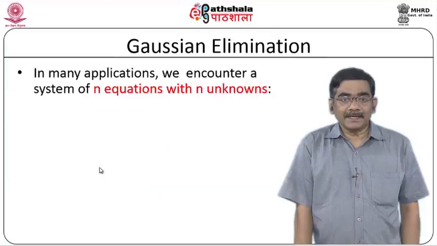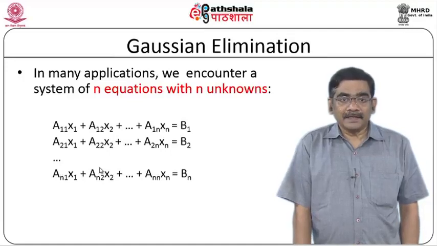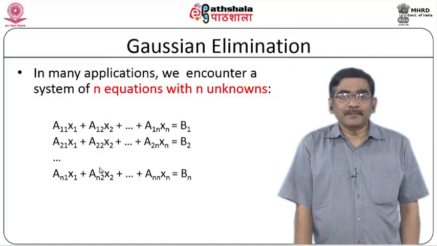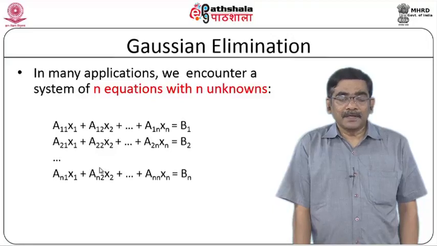but this is not the case if we have n equations with n unknowns. In this case, we have these sorts of n equations with n unknowns, so we can't attempt to solve this problem using the traditional method. This is where Gaussian elimination fits in. What we are going to do is transform this problem into one where we get an upper triangular matrix, and once we have that, we are going to solve it.